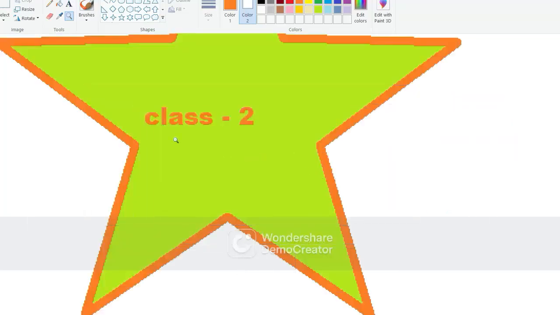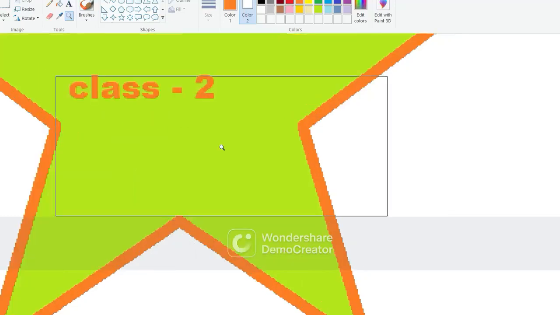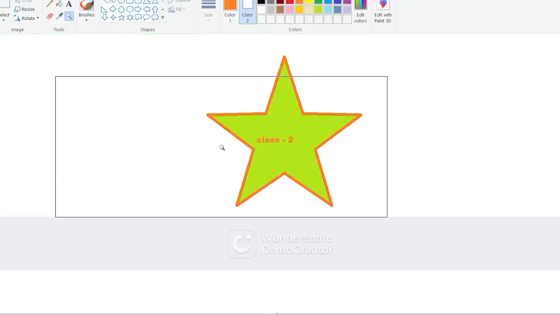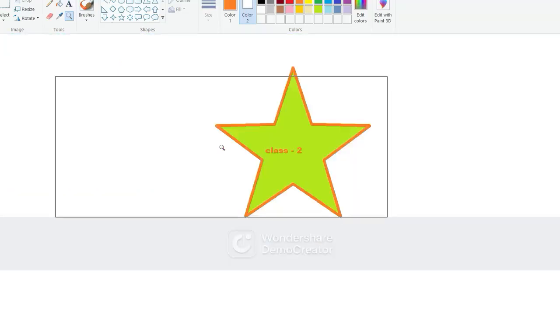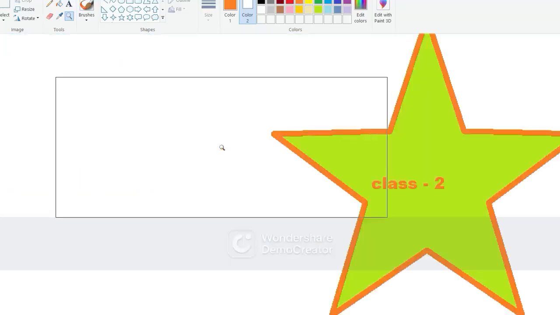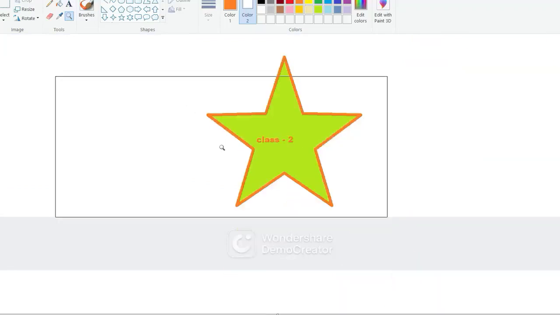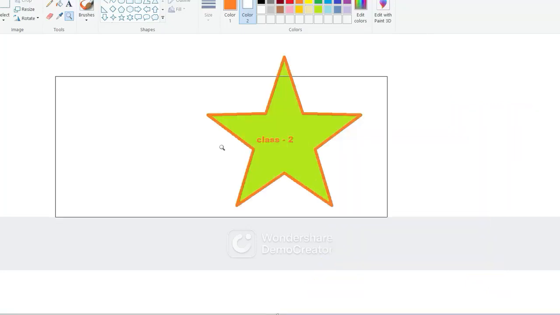If you do not want it enlarged and want the normal size again, right click. Right click to increase and left click to decrease.